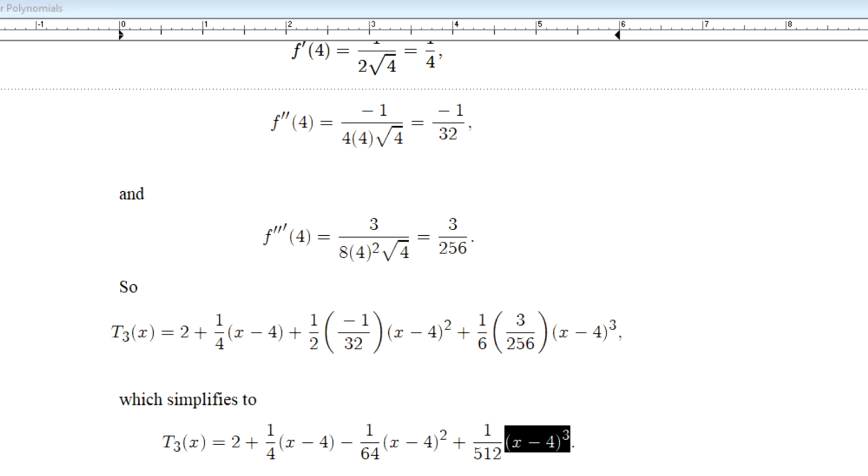I do want to warn you against expanding those. You really will just be burning time in the question, folks. Leaving these in this power form is going to work just fine. Because keep in mind, what we are going to do is evaluate this now at our value of x. We're just going to come back and plug in 3.9 here,